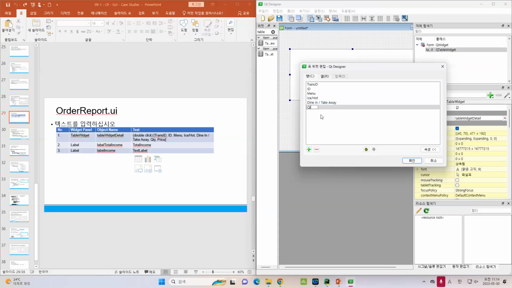The next column is quantity. And the next column is price. So we have 1, 2, 3, 4, 5, 6, 7. Okay. We will have 7 columns. We have 7 columns here. Trans ID means the transaction ID, and then the ID is the sequence from the order, and then we have menu, we have ice or hot, we have dine in or takeaway, and then we have the quantity and then price. So if everything is okay, then you can click OK again,